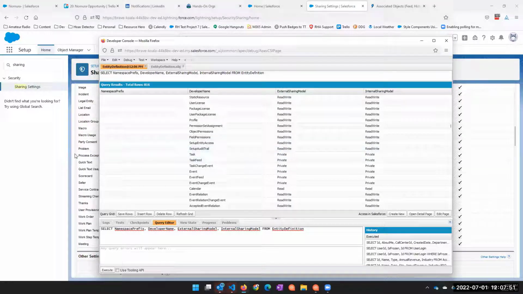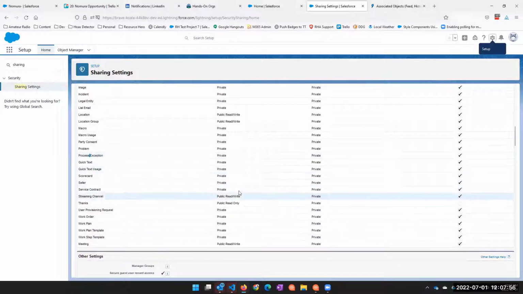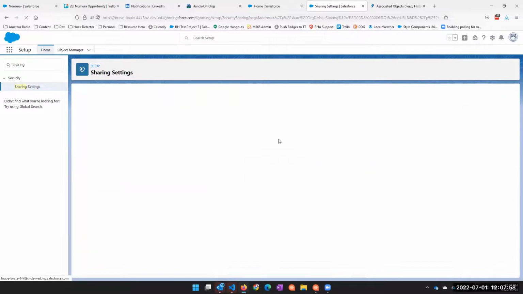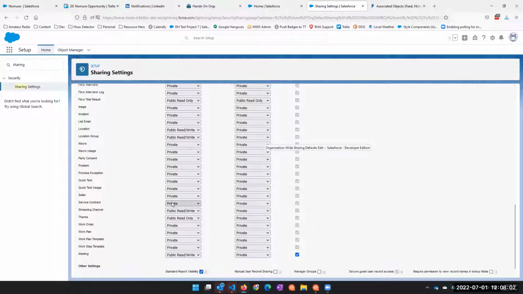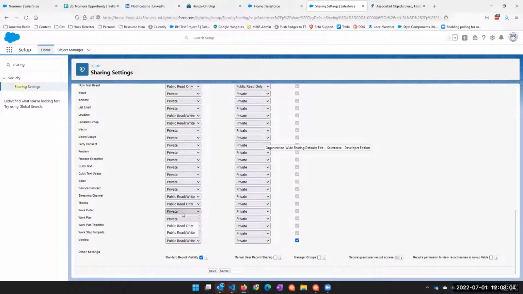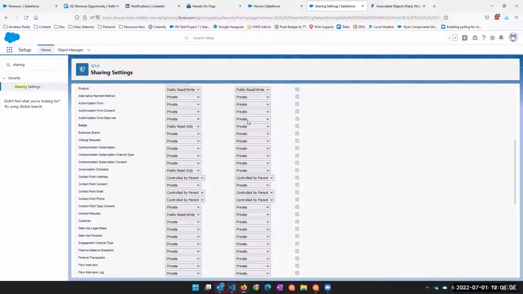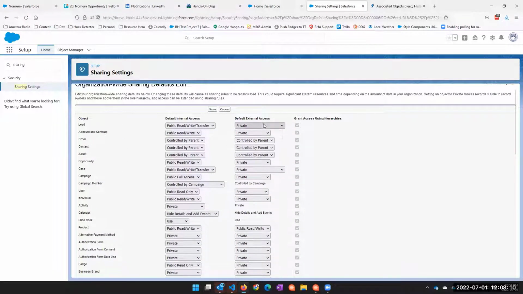I'm curious, have you tried to do this via the setup audit trail? No. Okay, so let me just run a test here. If I go into our sharing settings for this org and, let's just see, the work order object, I'm going to change this to public read only. And let's just do the object we know, like we're going to change external access for leads to public read